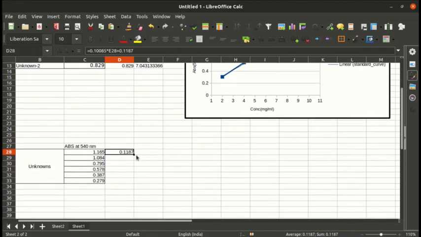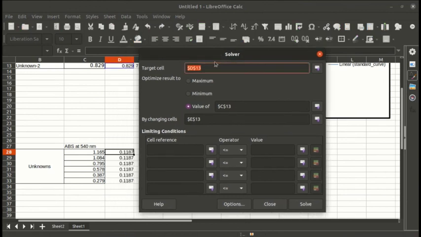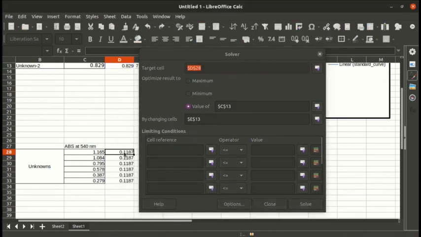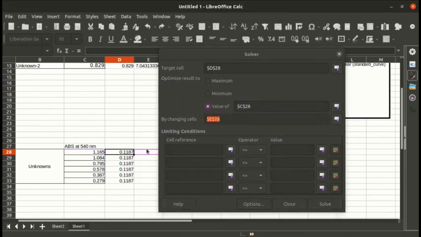Just go to this small square here and hover over it. You'll get this plus sign. Click and drag all the way down. Yeah, it's copied. Now what you need to do is go to Tools, Solver. My target cell is the cell which contains the equation, this value, changing cells, this, click and enter.